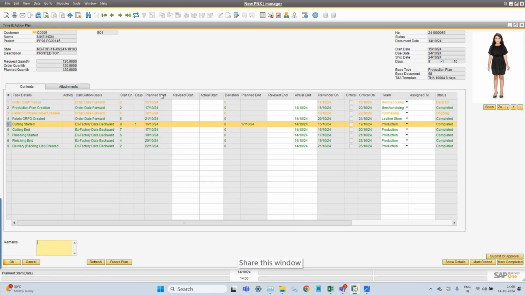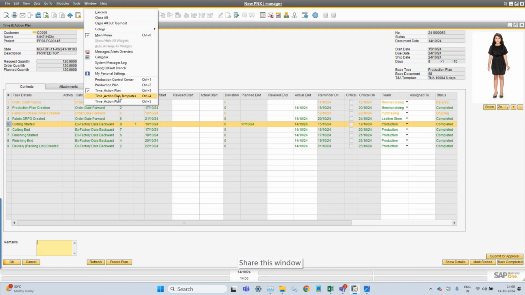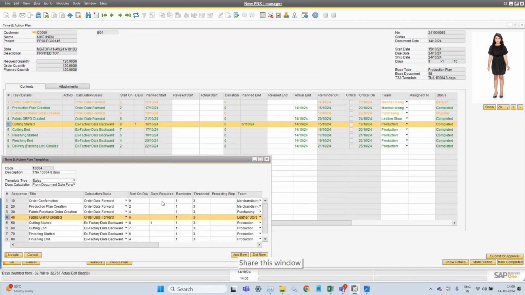If you are not entering any days here, that means that process does not have a start and end date. But if you enter something, like cutting will start and end in one day,